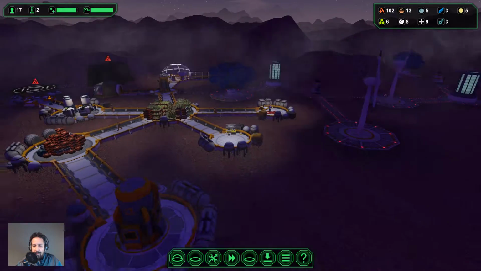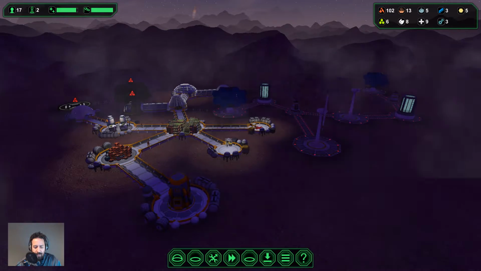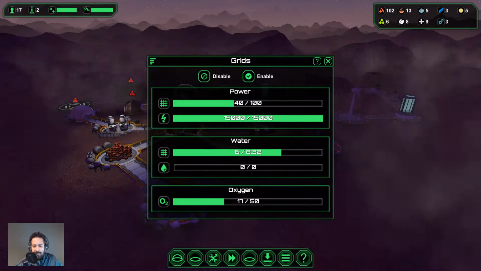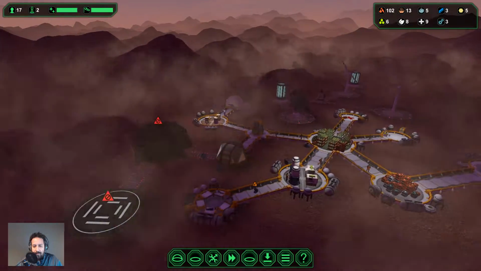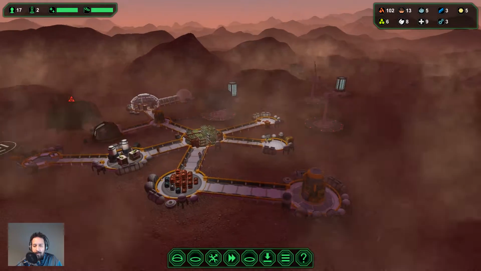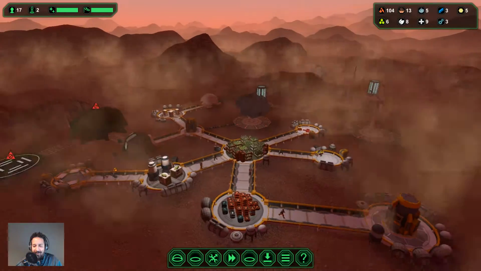And as soon as the storm dies down, oh look, we're also producing enough oxygen. So let's see how many people we can actually have now. 17 out of 50 people. Excellent. So now we can technically take care of 33 more people than we have now. 50 people is going to be great